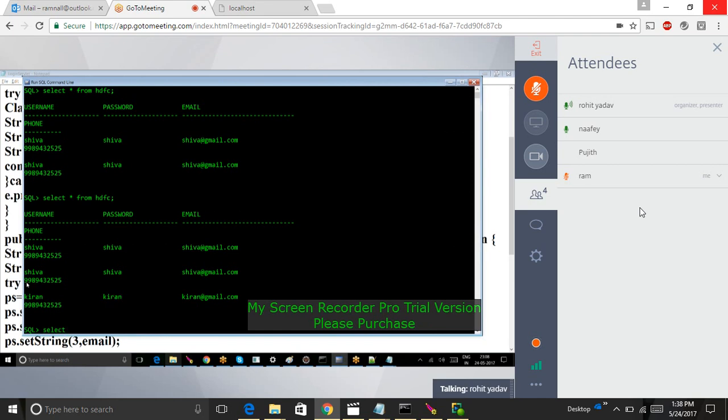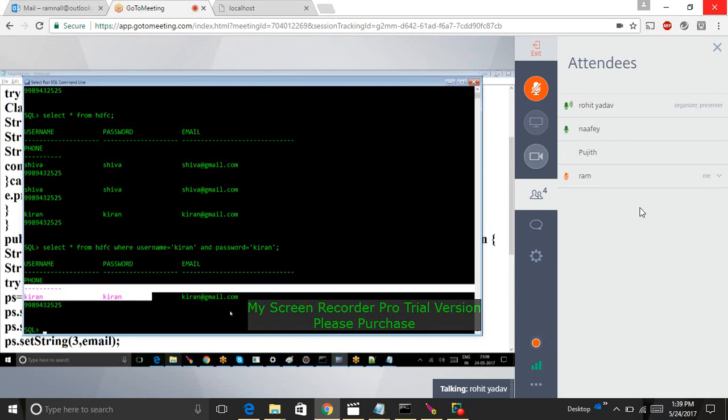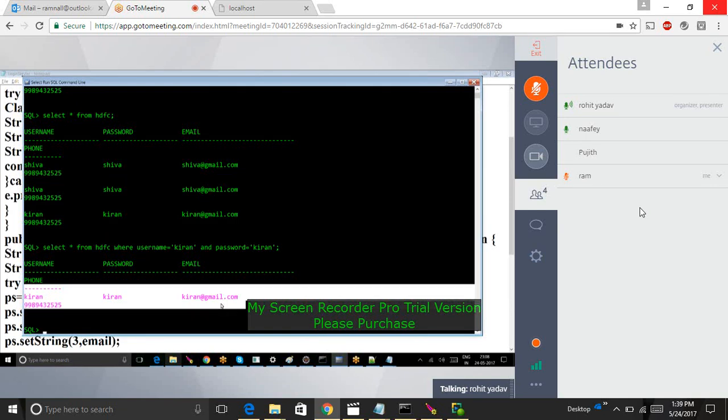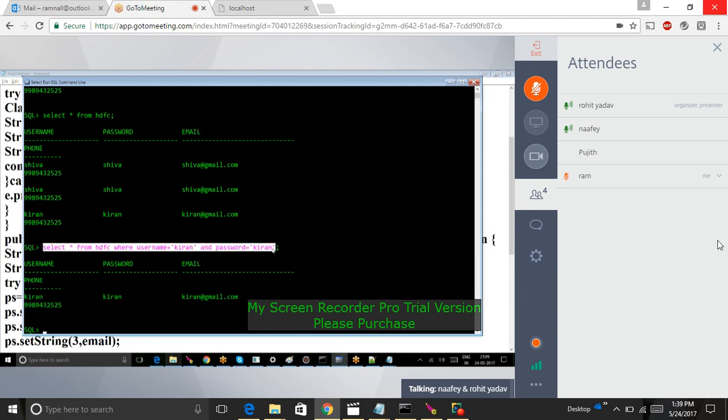Select username, password, or I'll just say star, from HDFC where username equals Kiran and password equals something. If it is true, I'm getting the record, right? If it exists, then the profile exists, right? Yeah. The same command I need to write